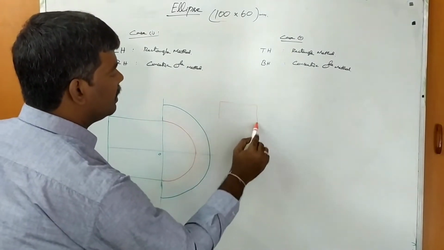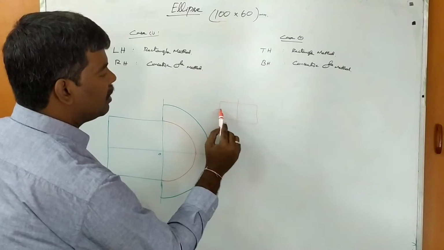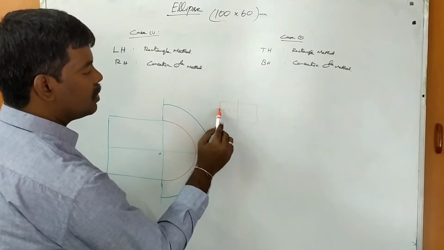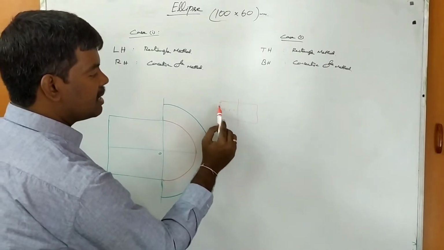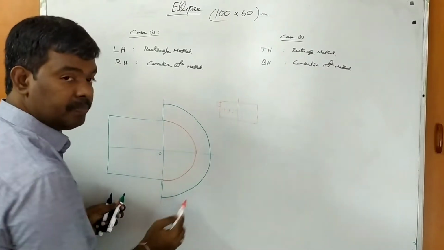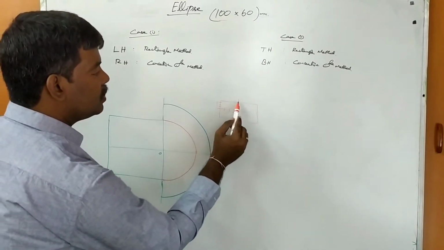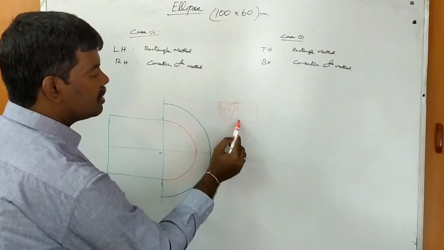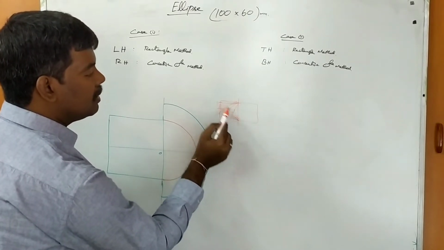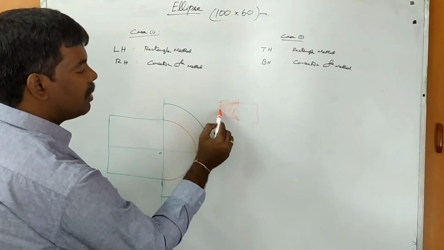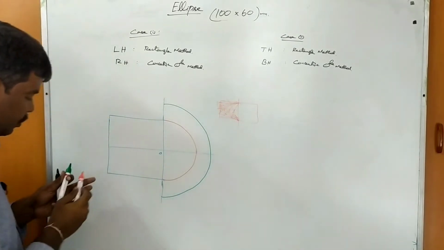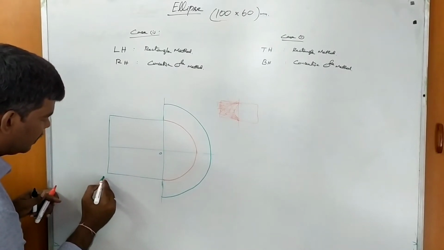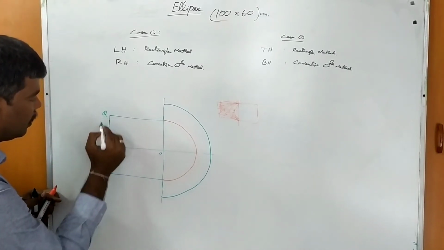After that you know the procedure. In the rectangle method, this is half of the minor axis and this is half of the major axis, so you assign those numbers. Clear? Similarly, you join the corresponding points from opposite sides like this. You know that. So the intersection points. Clear? Same procedure.